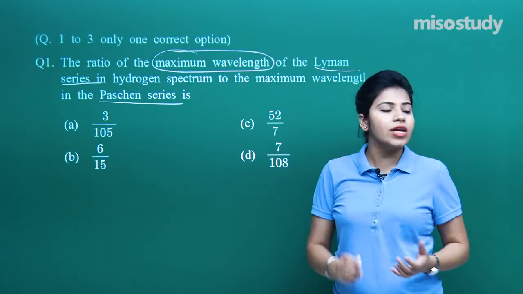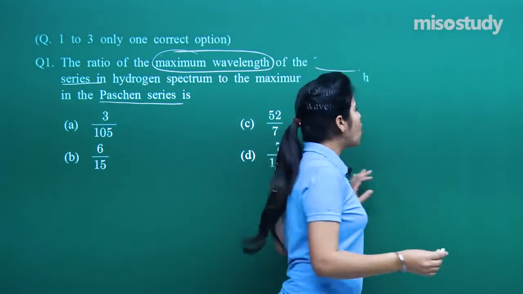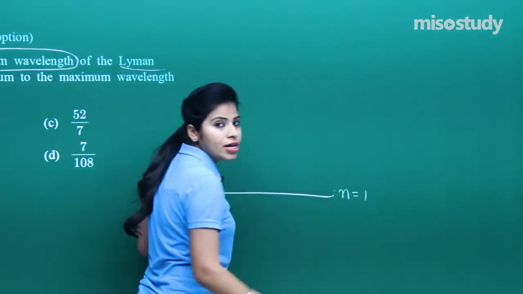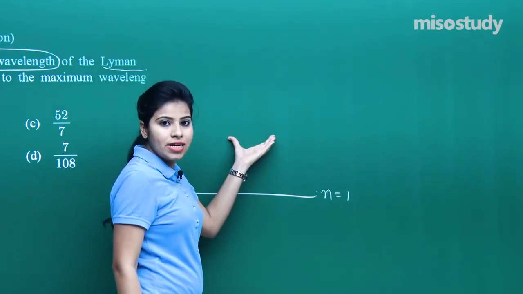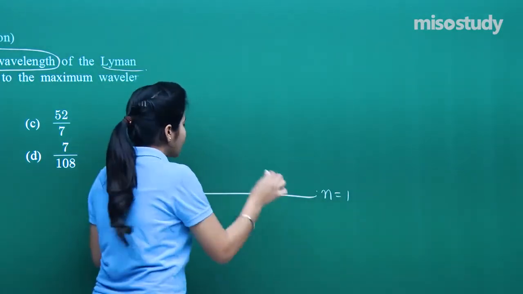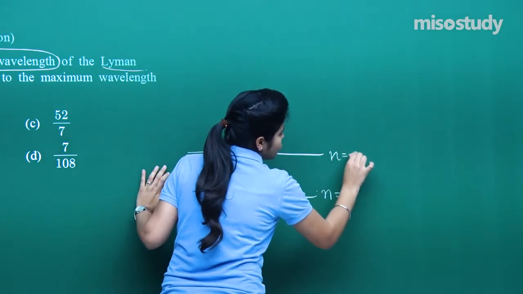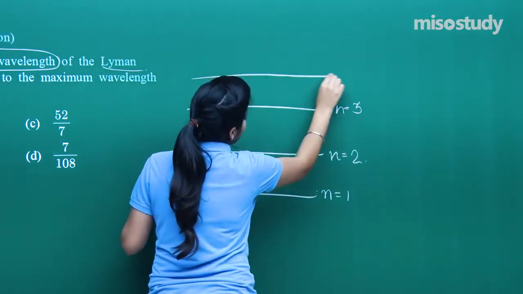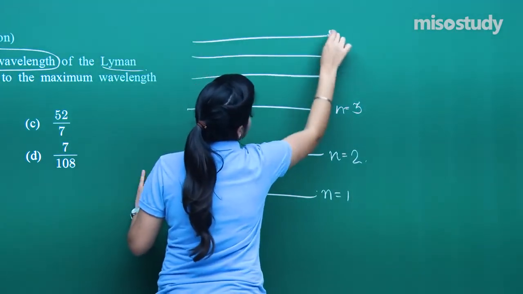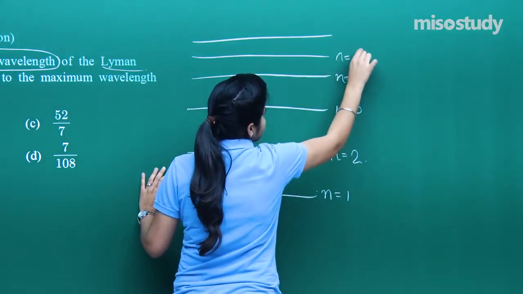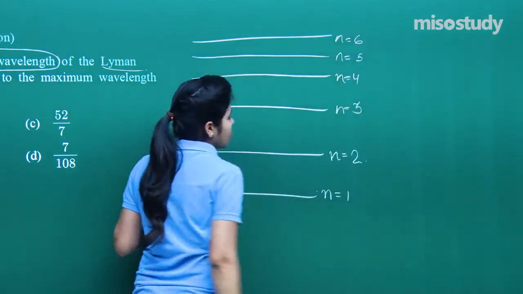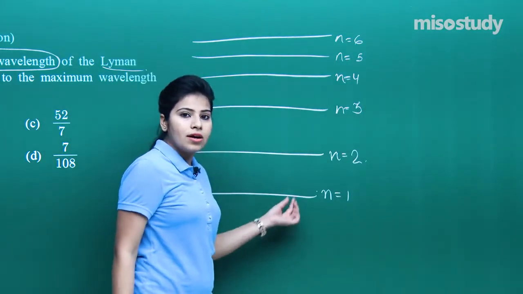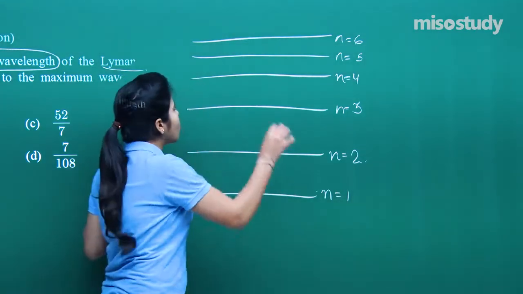We will take a quick revision of what we have covered in the theory of this chapter. Suppose this is the ground state, say this is n equals to 1. I am going to draw the energy levels before you for the hydrogen spectrum. Say this is n equals to 2, this is n equals to 3, this is 4, 5 and 6. Now all those lines which will be falling into the final energy level 1 will be called the Lyman